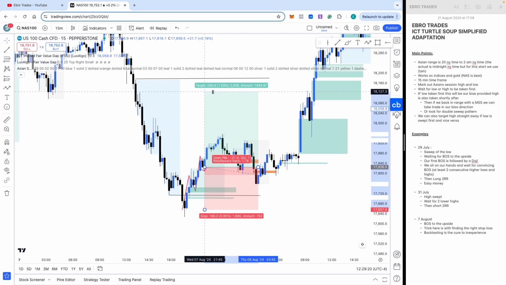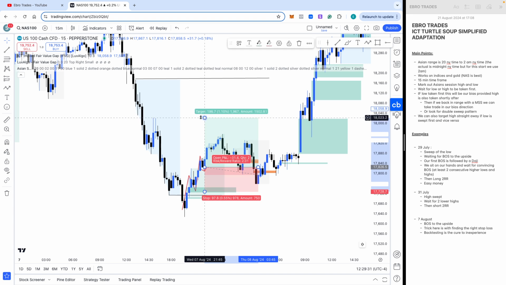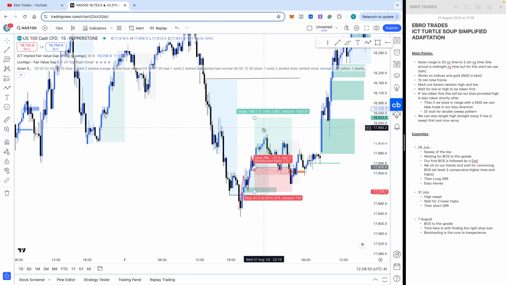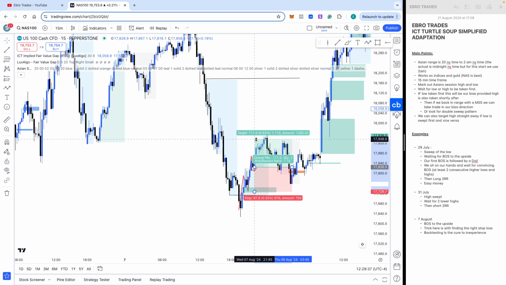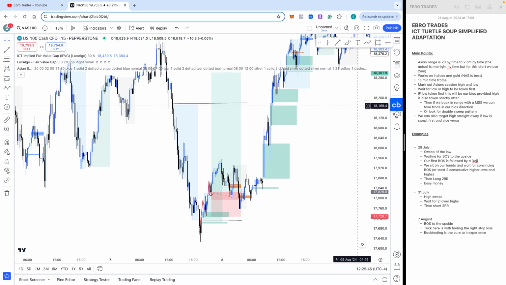targeting 1 to 2 risk reward ratio with my stop loss in line with this fair value gap over here. So I'm targeting 1 to 2 and that is my trade. Sometimes I'll close like 30% of my position at 1, 50% at 2, and then I let it run. In this case, I would have let like 20% of my trade run,